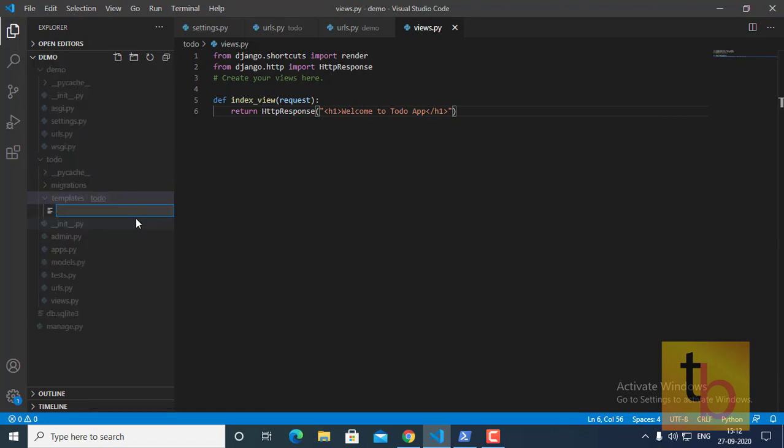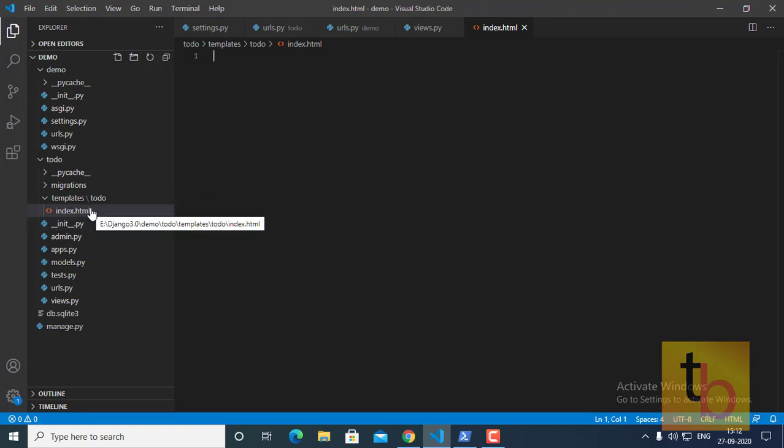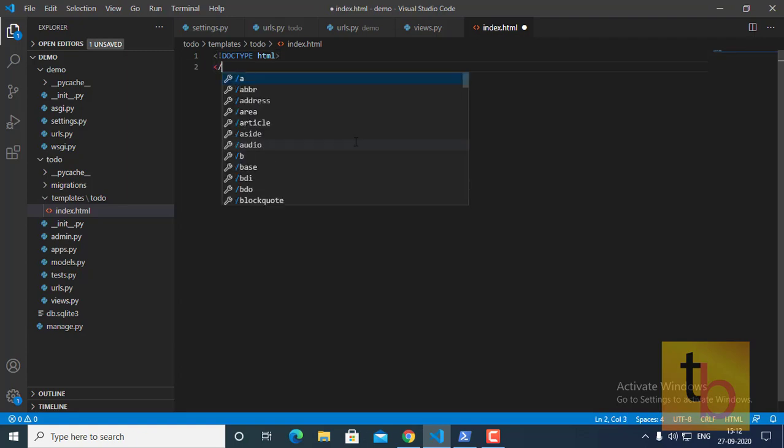First of all we will create one file called index.html. Whenever you do anything in the template inside of your app-wise template, you must define the folder name inside the templates folder, which is the same as your app name. This needs to be kept in mind while creating the template inside of our app.